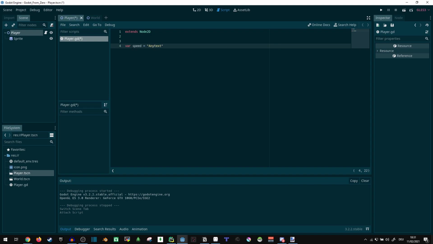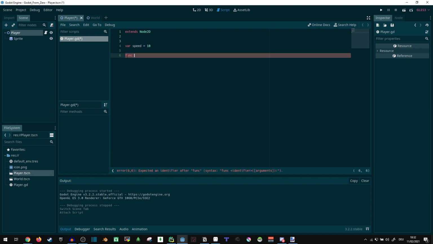But that's not what speed refers to, so we're not doing that. We're putting in a number. There are a few other things we can put in there, but I'll go over them when we actually have a use for them. So now that we have a speed, let's actually create a function that allows us to move with it. So we can do func to tell it that it's a function, so this is going to run at runtime. Or at least it's going to be possible to call it at runtime,